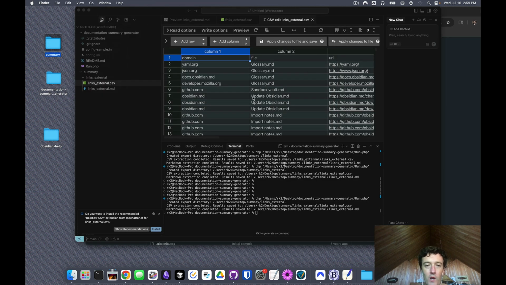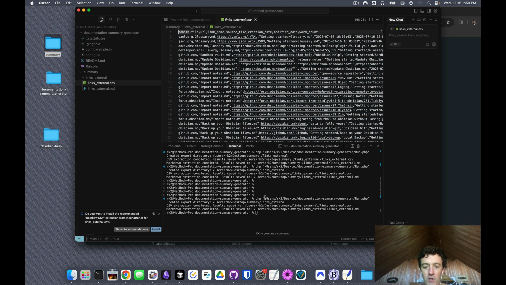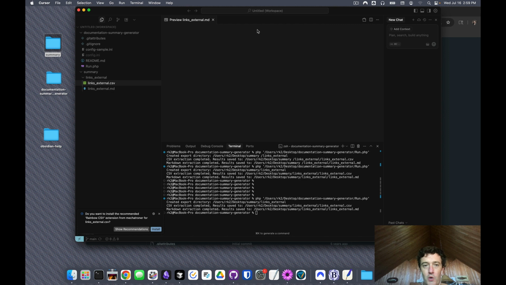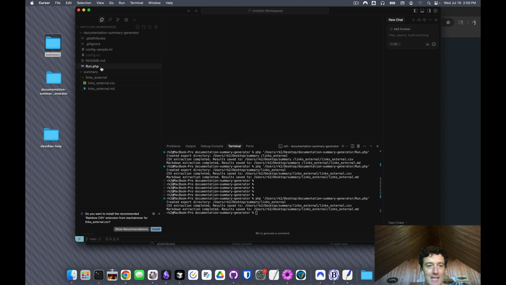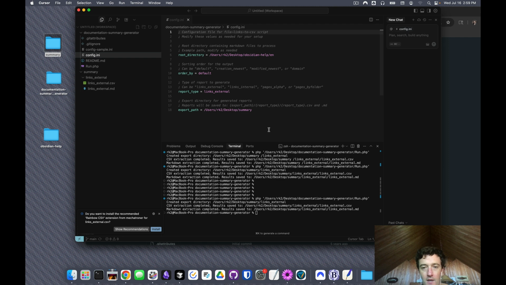So that's one. And then if you want to just see the internals, there is another report that I won't go over, but it just shows you all of the internal page links. So that's equivalent to a backlink report. And then the other really nice things, these are more like the database features are, if we want to do